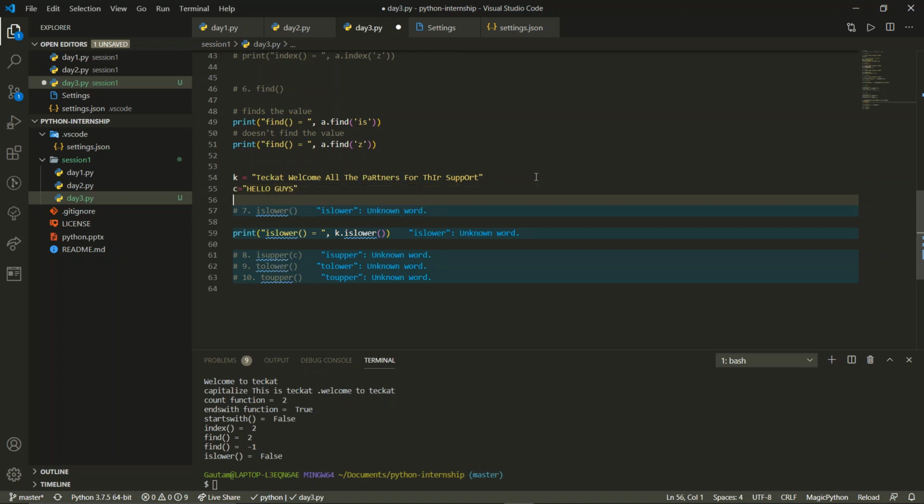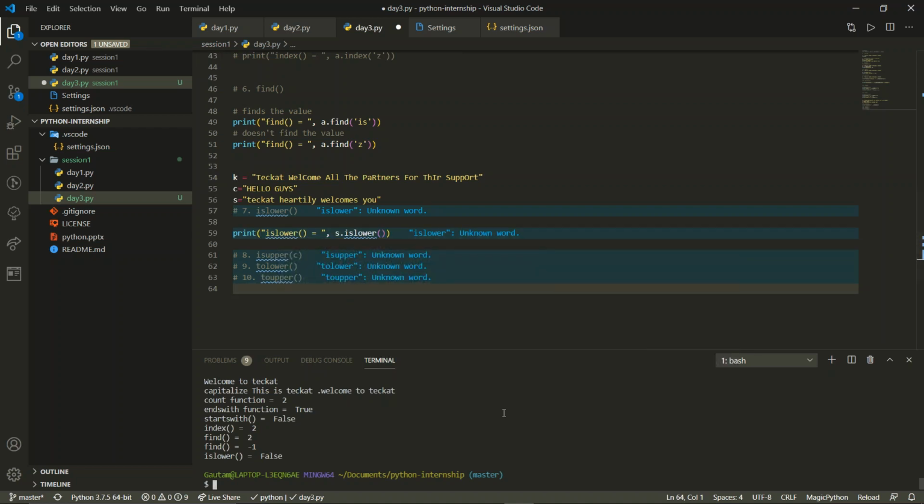And for small, let it be S: Techcad heartily welcomes you. So now everything is small over here. Now I will pass this S to the function. Everything in S is lowercase, so I will pass this S and execute this code. So you will find we got true. You can see.